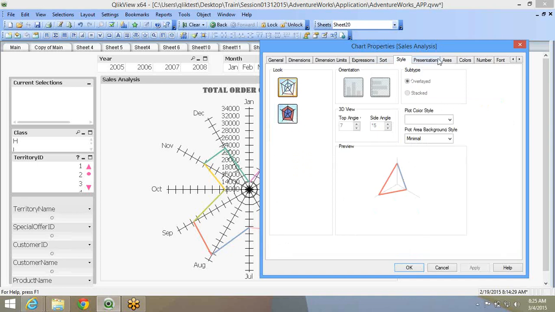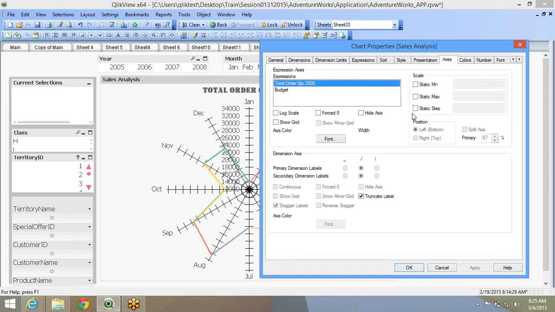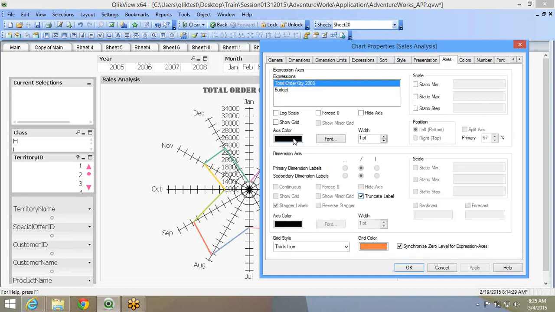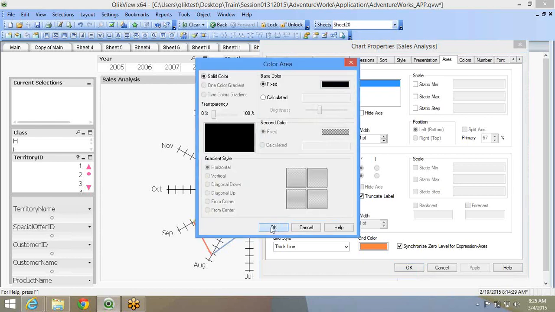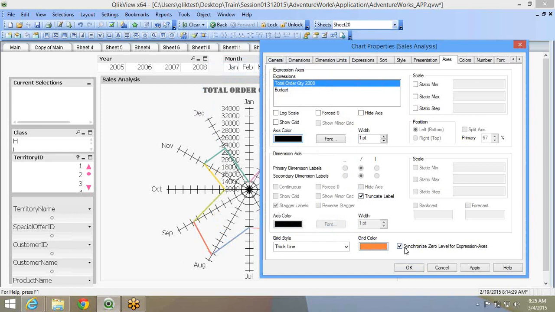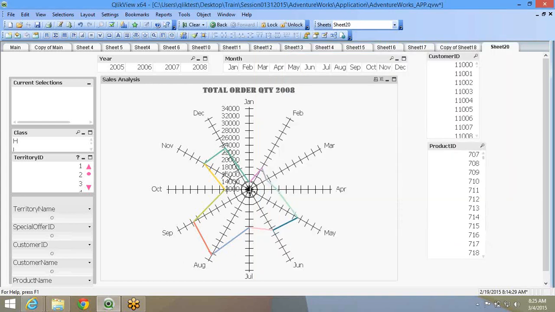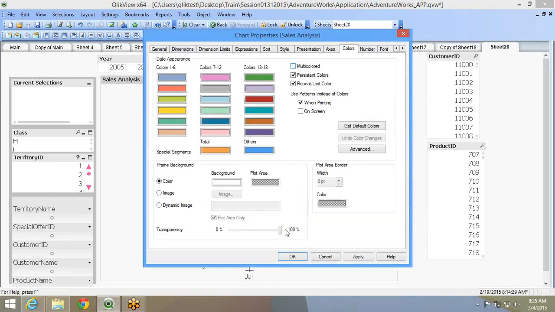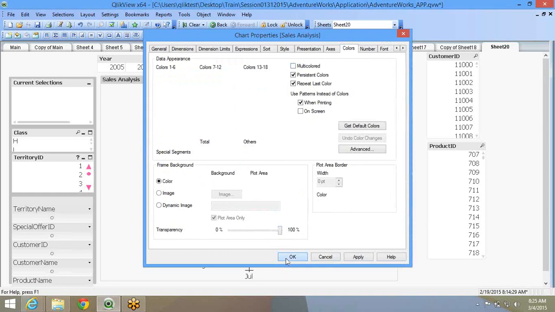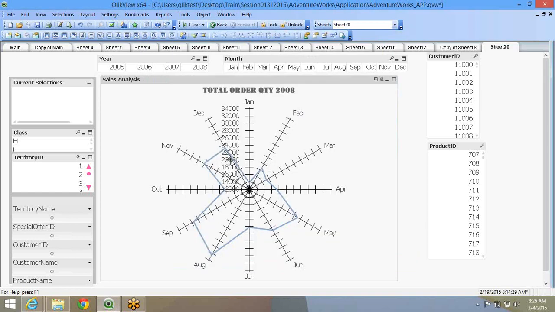Only thing in the style you have these fins, and axis you can control it. Okay, I've put the axis color too bright, that's why it is showing that way. I'll leave it the way it is. Over here you don't need multicolored, so single colored will give you a quick trend.